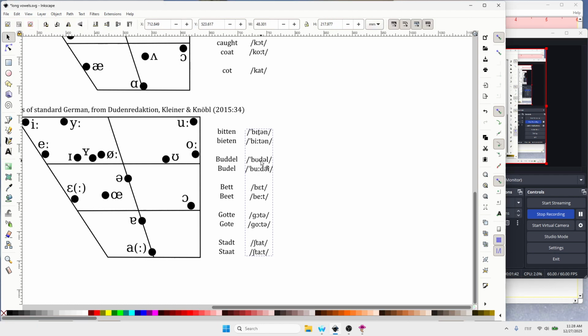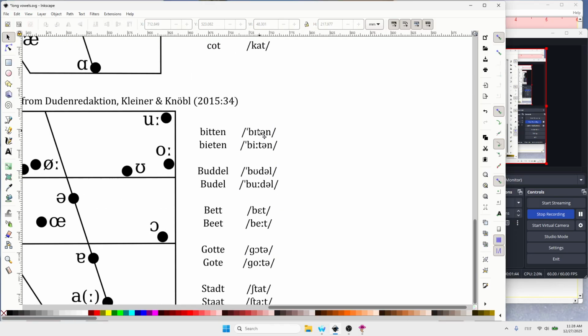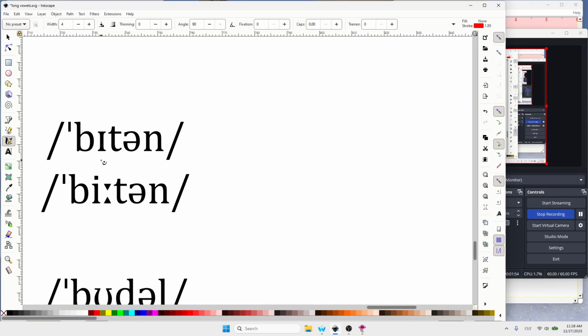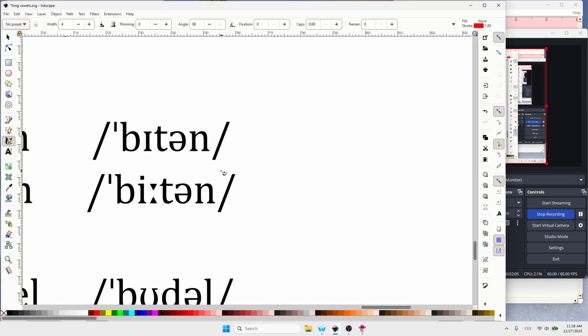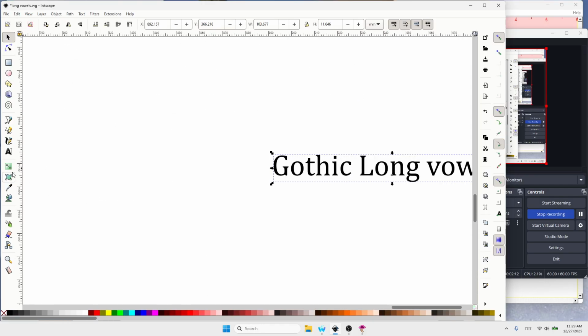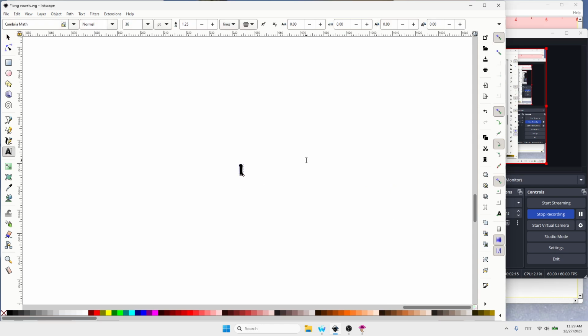You might notice that in German, we have the short bitten versus long beaten, this long e versus i, and this i is like in English pit, and this e is similar to the English peat. One thing about English though is that our e is more like